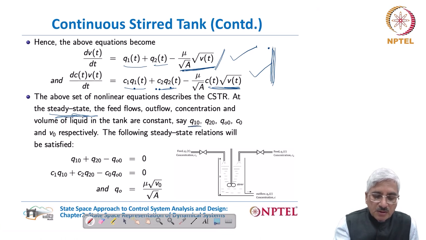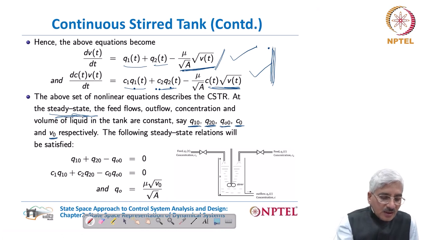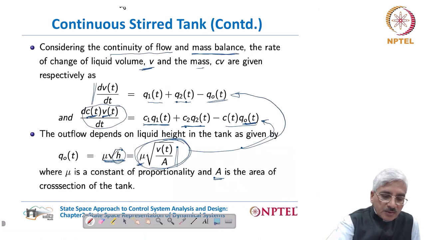Respectively, say Q1 0, the steady value of Q1, Q2 0, the steady value of Q2, QO 0, the steady value of outflow QO, C0, the steady value of the concentration C, and V0, the steady value of volume in the tank. So then we can equate their time rates of change to 0, and so what we will get is, if you go back to these equations,